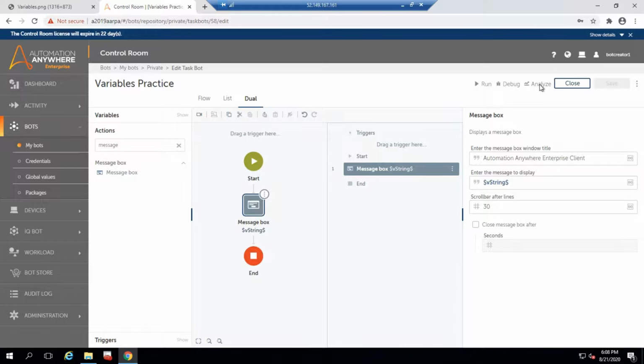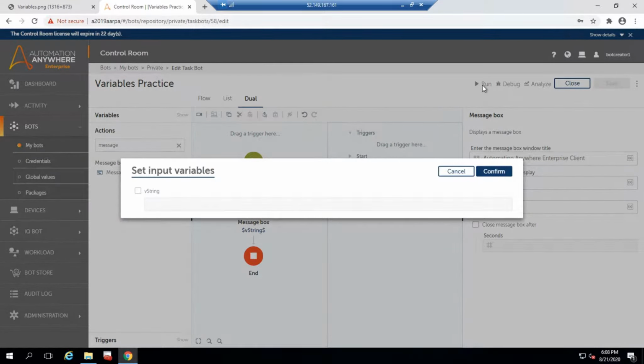Okay, let me run this, and I will show you what exactly is the difference when I make use as input. See, when I mark it as use as input, it's asking me to select that and give some value here, and a default value also, let us say, hello.